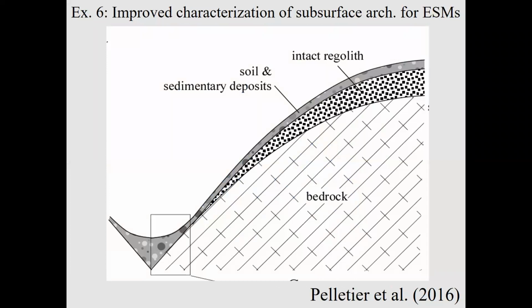I want to talk about this sixth example in a little bit more detail, because this is something that I've been involved in, and I think it goes back to the initial motivation for the talk, which was how do we better reproduce or represent the critical zone architecture in our system models. So the goal here is to improve the characterization of the subsurface architecture for our system models, and this is based on some work that I did last year. And so the conceptual model for that particular paper was